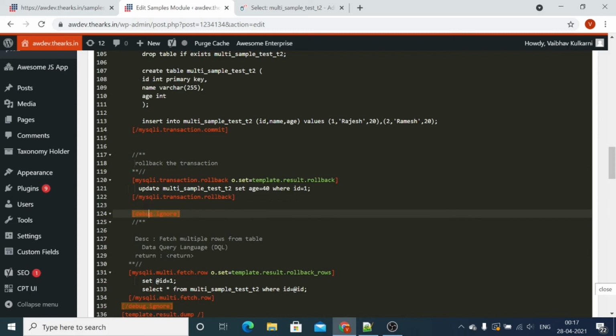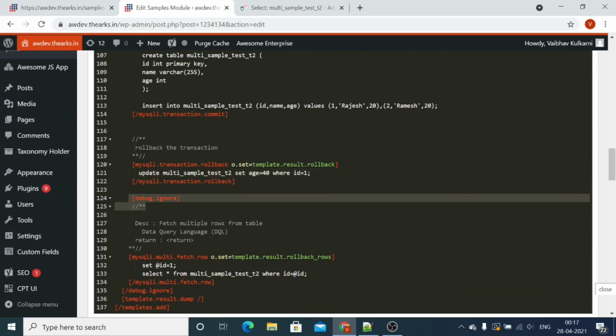Now let's check this one. Once this query executes, the result of this will not update the record in the table.